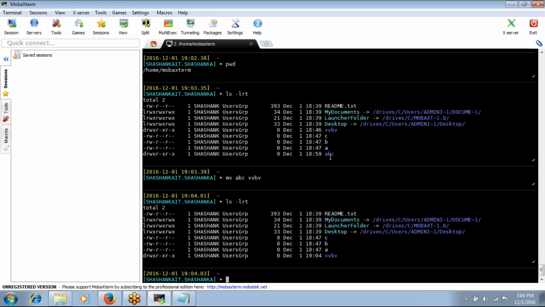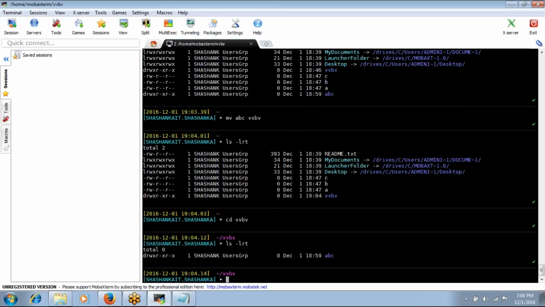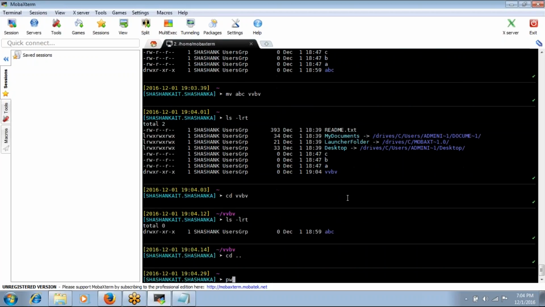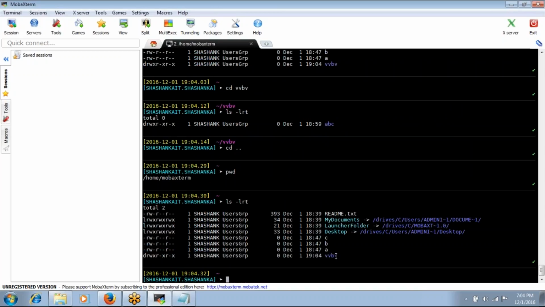The entire structure is moved to VVBV. If I go to cd VVBV and run ls minus lrt, this ABC will be moved, right? The directory structure moved. Again in ABC we have the files and the PQR directory, and in PQR we have the list of files. So when you do the move, we lose the original. The object is moved.